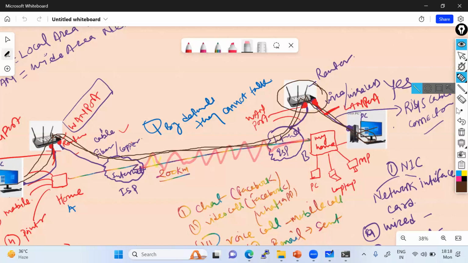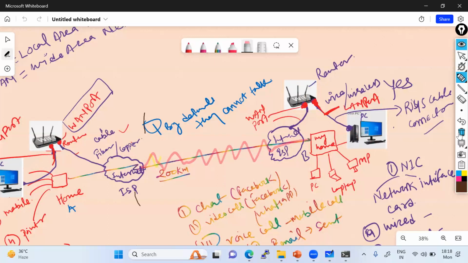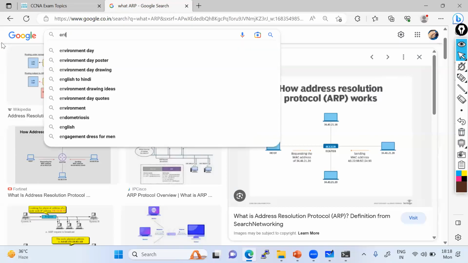So one is the home broadband router. Another router is the enterprise router. You might have seen the home router, but if I talk about the enterprise router, right? So enterprise